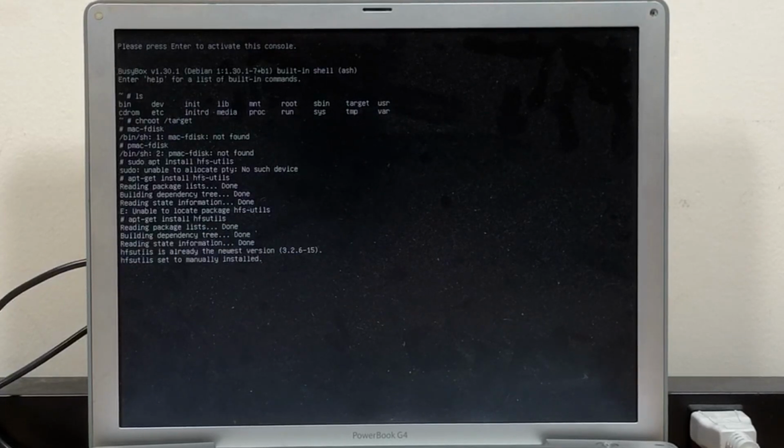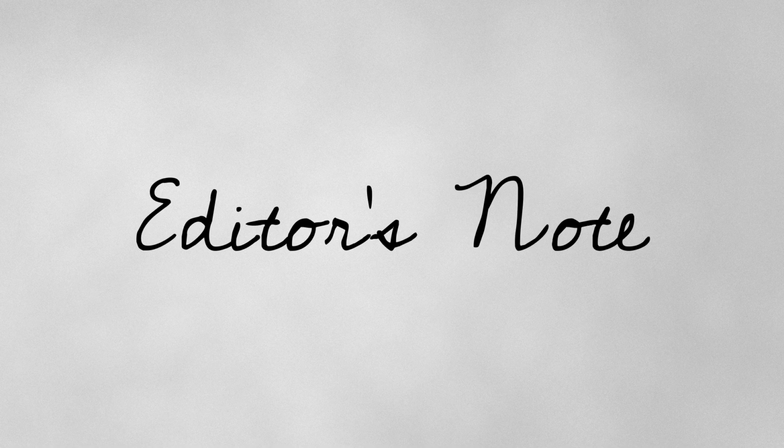Alright, that's the package. Hello, I want to pause here and say that I did something wrong. In fact, I could have probably gotten it working if I actually installed grub properly and didn't install the wrong package, the package name for Arch instead of the package name for Debian. I tried to install a package called hfsutils, but the Debian equivalent is hfsprogs. I probably could have gotten this entire thing to work if not for that simple mistake.